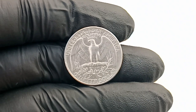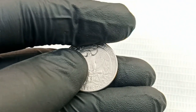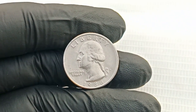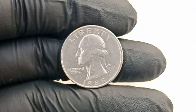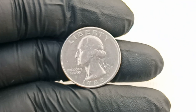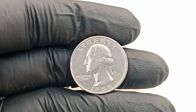On top of these errors, a complex metallic anomaly adds yet another layer of rarity to the 1988 P quarter, setting it apart even more dramatically from its contemporaries. Advanced testing using X-ray fluorescence technology and other spectrometric methods has revealed a subtle but measurable variation in the alloy composition of the planchet, exhibiting a higher copper content than the standard clad composition used for quarters during this time